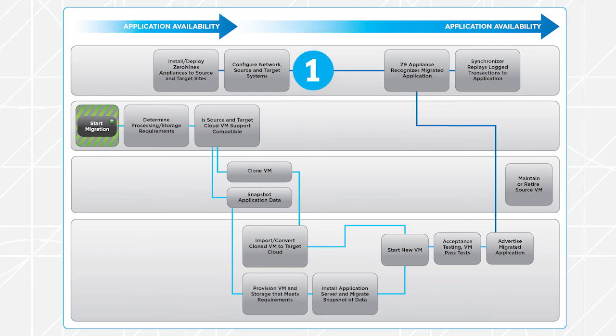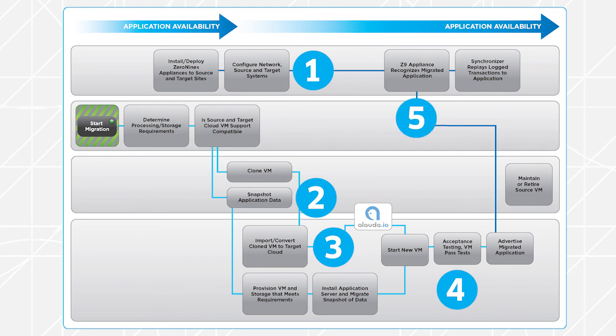Step 1. Install and deploy our software. Step 2. User will take a snapshot and deploy their application from their environment. Step 3. We'll then start to move that application using Alauda into the Azure environment. Step 4. Perform acceptance testing, and Step 5. Once the acceptance testing has been completed, we'll then recognize the new instance is ready to accept data. Step 6. Finally, we'll synchronize and replay those transactions and confirm our application is fully integrated into the targeted Azure